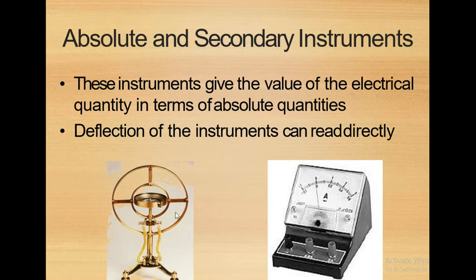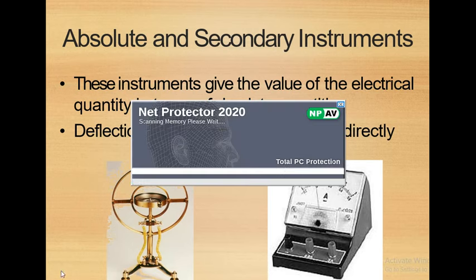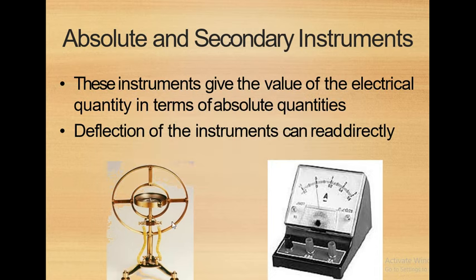So this is the absolute measurement. Just search on the internet what you mean by absolute. This word comes up periodically in this explanation. So this is the absolute instrument, and this is the instrument which gives you the readout directly, which can be called a secondary instrument. I think we have discussed these absolute and secondary instruments earlier in this classification.